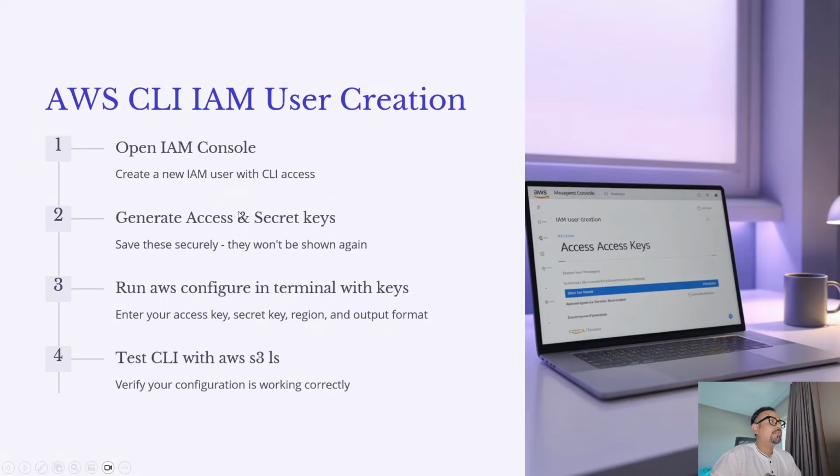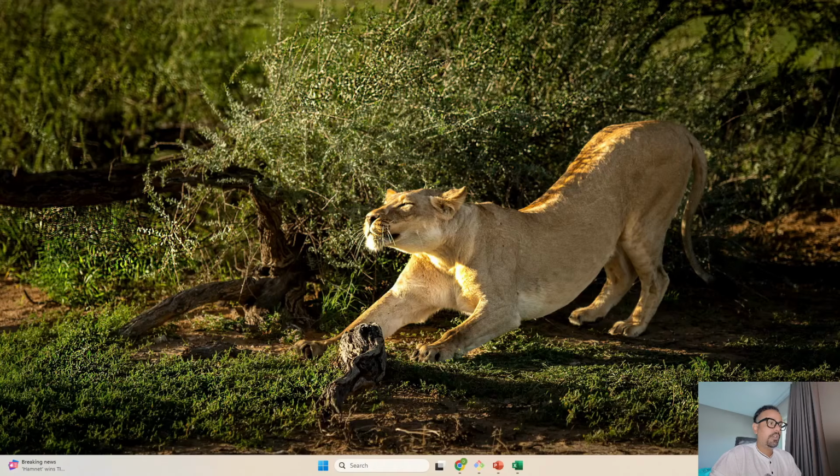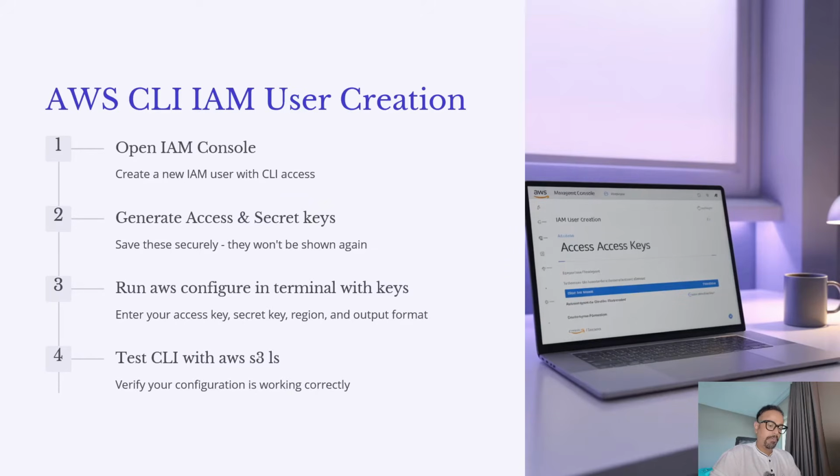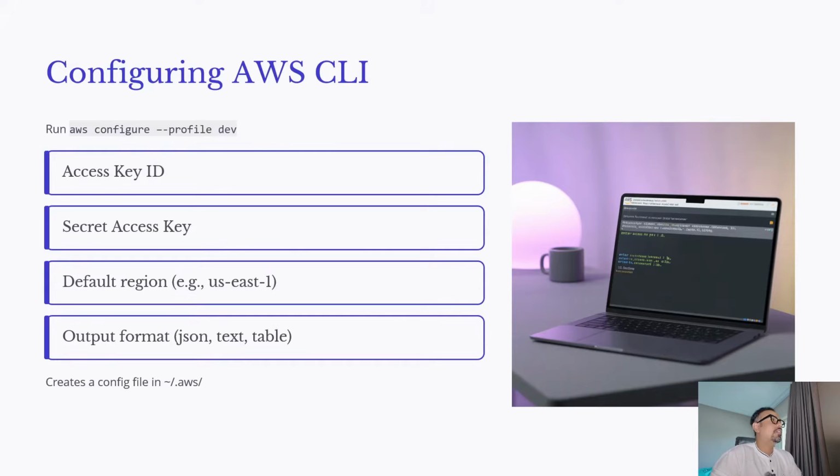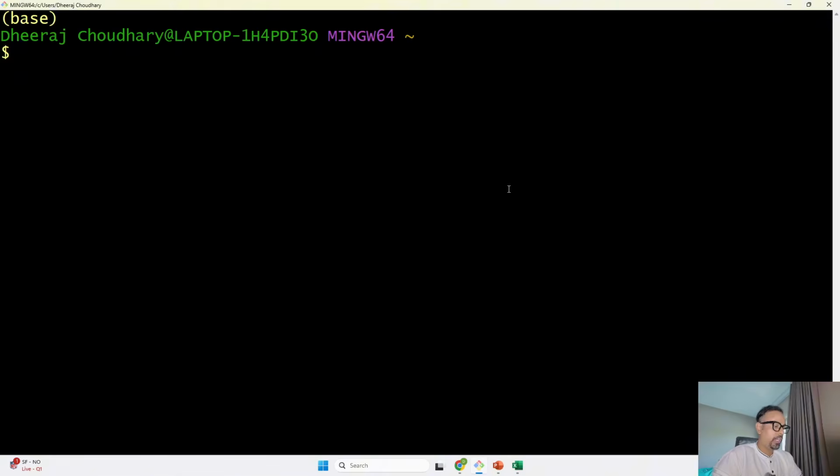So we have created our user and we have created the access key. Now we are going to run the AWS CLI configure command, which is going to help us set it up. Let me take you to the next slide. Over here, this is the command that we're going to run: aws configure --profile dev. This is the dev profile that I'm going to create, for which I will go to our command prompt and type aws configure